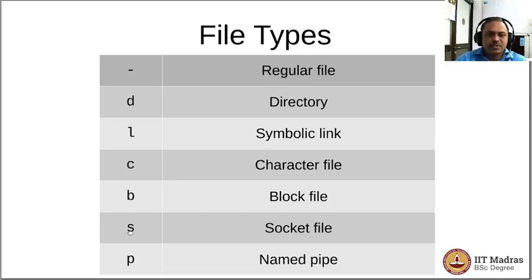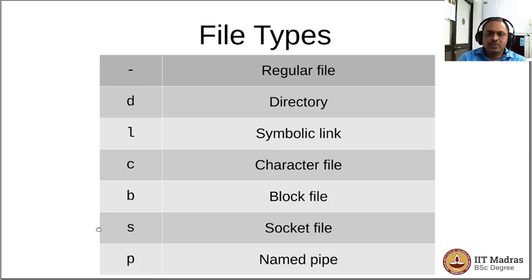If the first character happens to be S, that means it's a socket file. That means it's actually a process that is running behind. You can have two-way communication with that particular file, which means that a network device would open a socket and listen to the incoming connections, and would also be able to send out the data. A two-way communication is possible, and it would be actually a process that is doing this activity behind. It's not actually a static file, and this is indicated by the character S in the first position of the long listing of the directory structure.